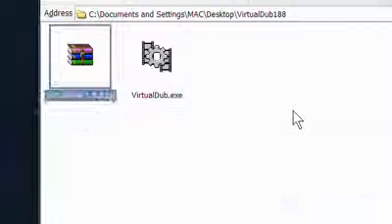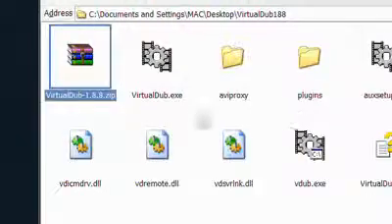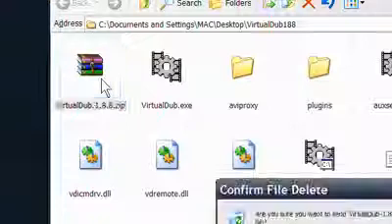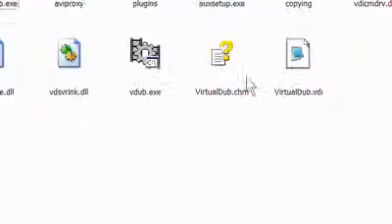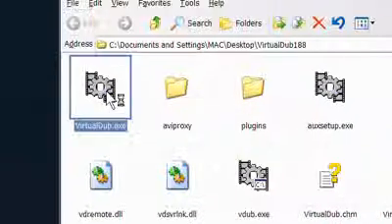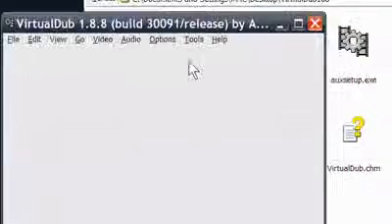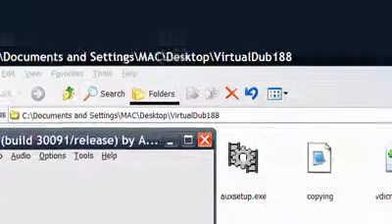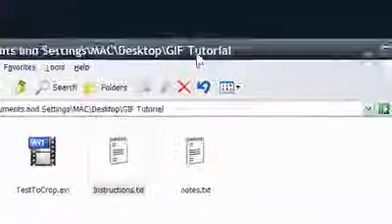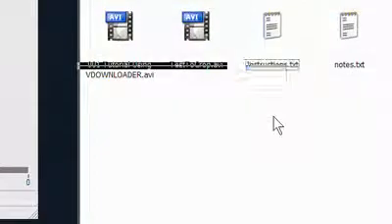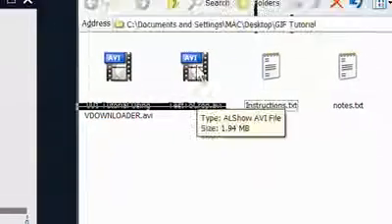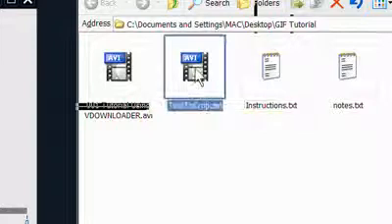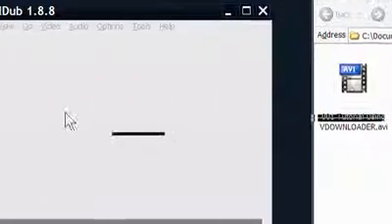Now this program won't install, so you can move the folder anywhere. I'll delete this zip archive and I'm going to launch the program, and as you can see, everything's pretty much blank. It's a pretty ugly program, but what we're going to do now is take that video that we downloaded in the last tutorial, which was called Test Crop. We're going to drag and drop it